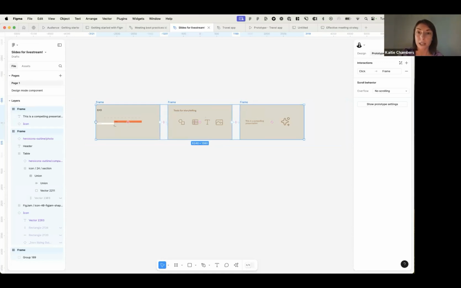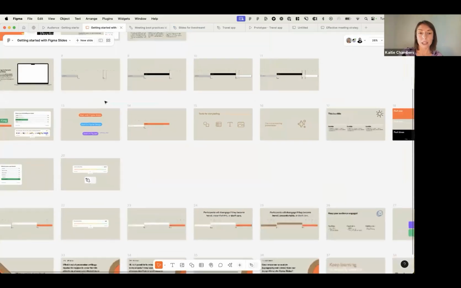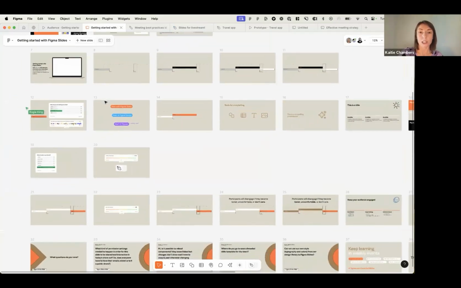And so we didn't want you to lose that when you come over to Figma Slides. In Figma Slides, we've been looking at the single slide view so far. But over here in the top left corner, there's another option where you can switch over to grid view. Grid view gives you that similar format to Figma Design, where it's an open canvas, but you have it here